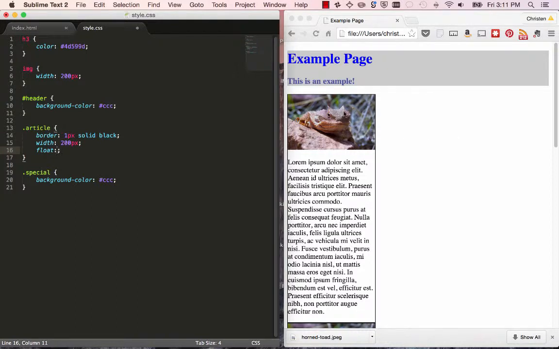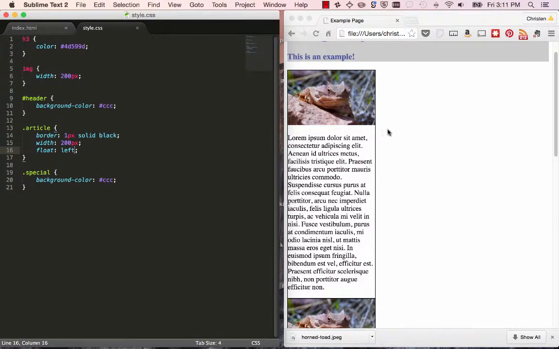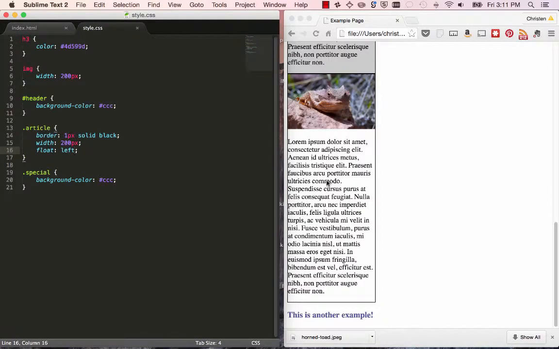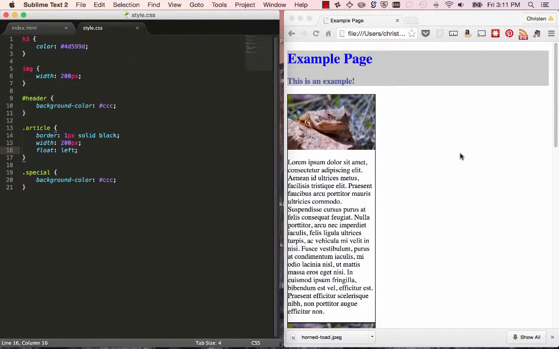So you can see that even though this is only 200 pixels wide, it takes up all this space. So I have all this empty space here that isn't being used. So if I float my articles, and I'm going to float them to the left, then this will stay here, but it'll allow this to come up here and float next to it, and then allow this to float next to that. So if I refresh it,